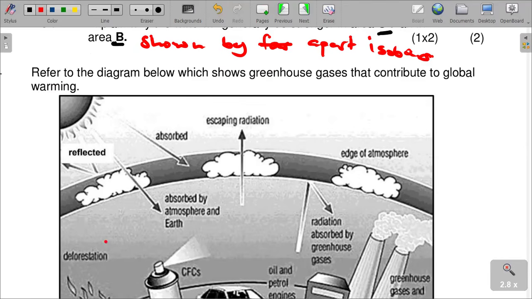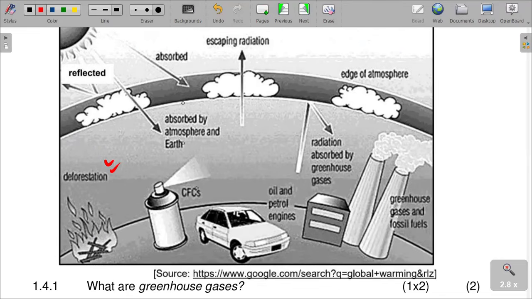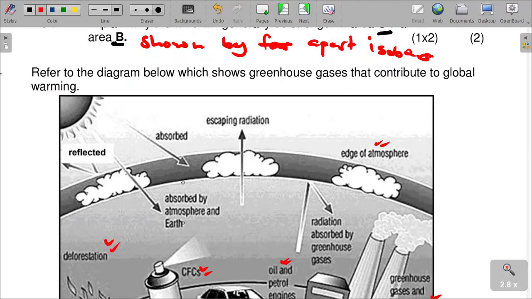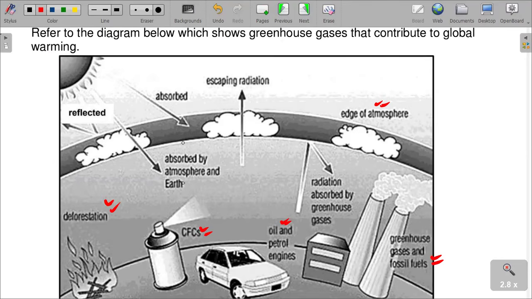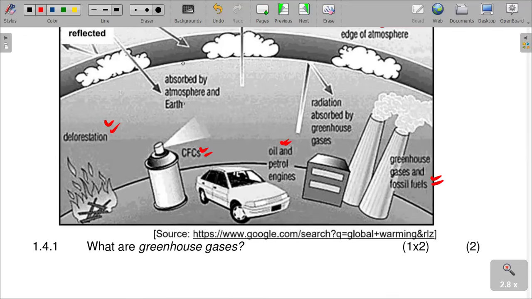We have deforestation, cutting down of trees, carbon fluoro gases, oil and petrol engine fumes, fossil fuels burning at the edge of the atmosphere. We have the greenhouse gases from the fossils. All these are given here. So what we need to understand is that greenhouse gases are contributing to global warming. So now, the question is saying,